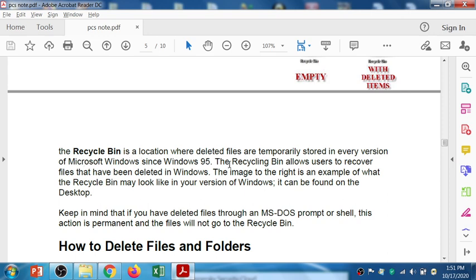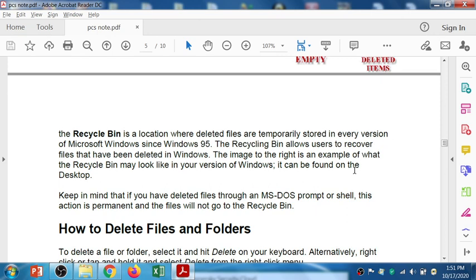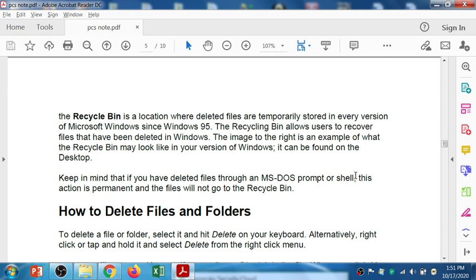It is a location where deleted files are temporarily stored in every version of Microsoft Windows. Since Windows 95, the recycle bin allows users to recover files that have been deleted in Windows. The image on the right is an example of what the recycle bin may look like in your version of Windows. It can be found on the desktop.